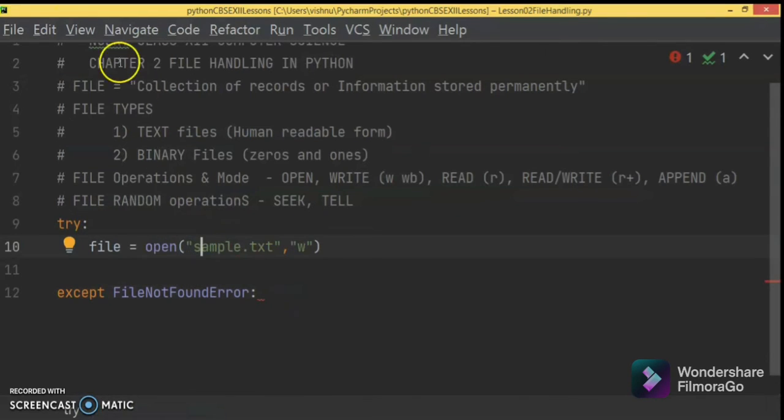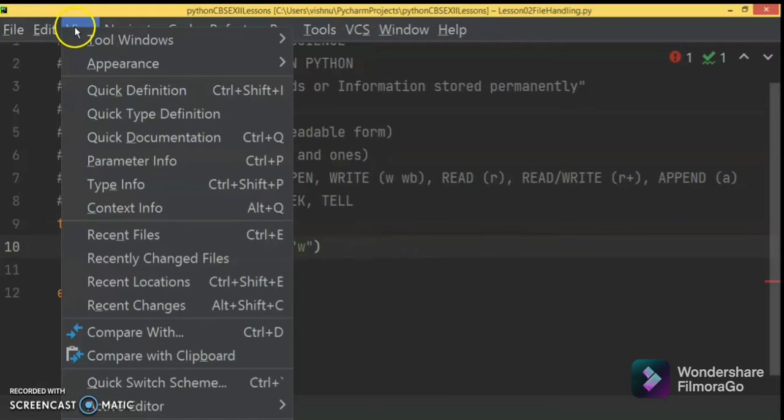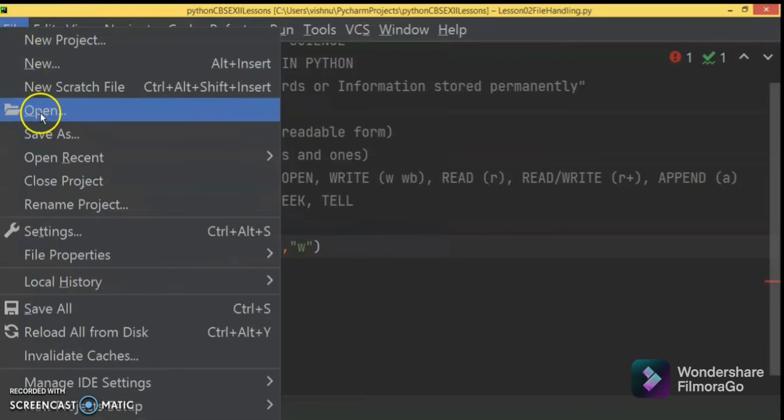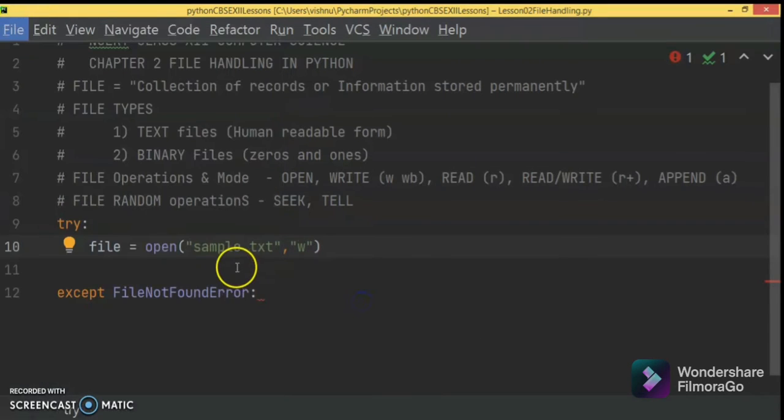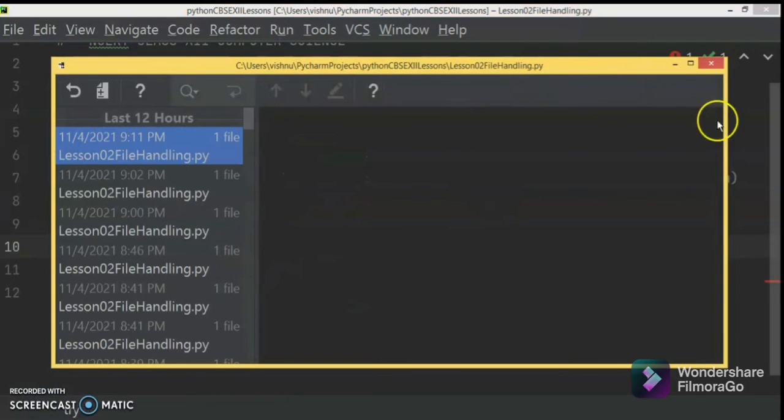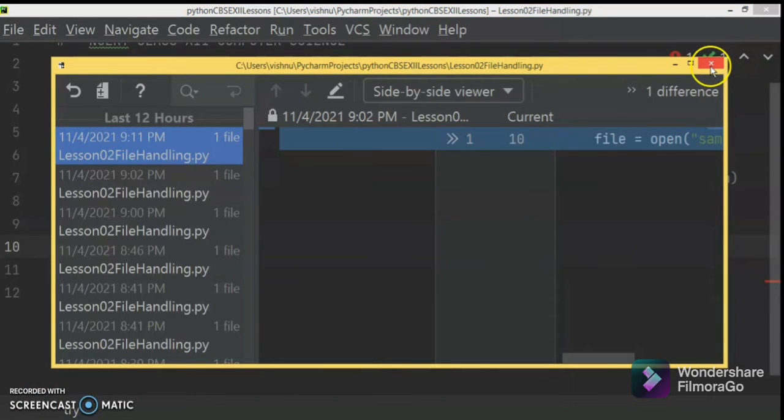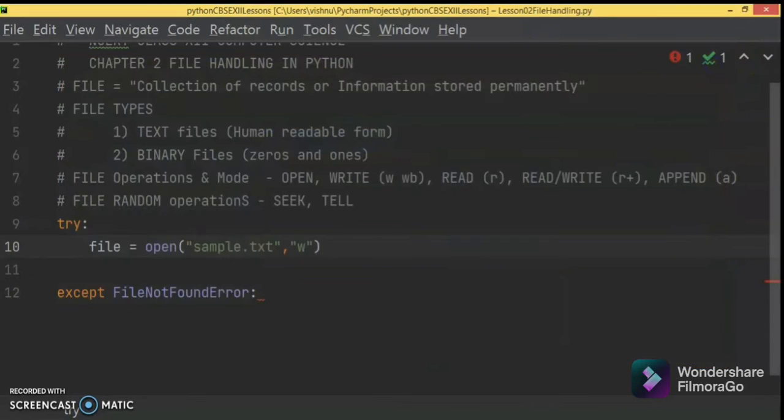If it is not there, you can see sample.txt and you want to write some.